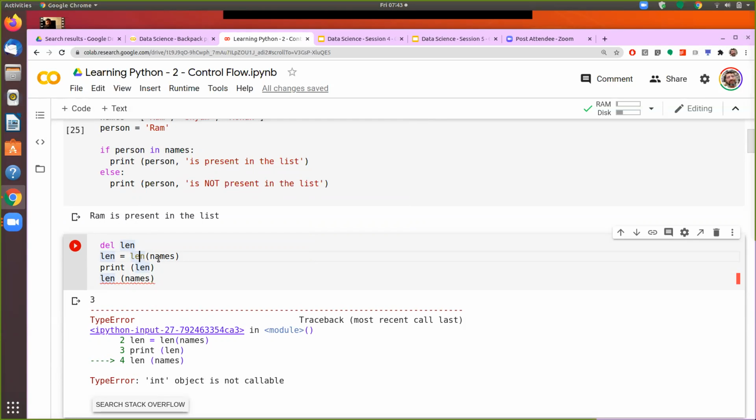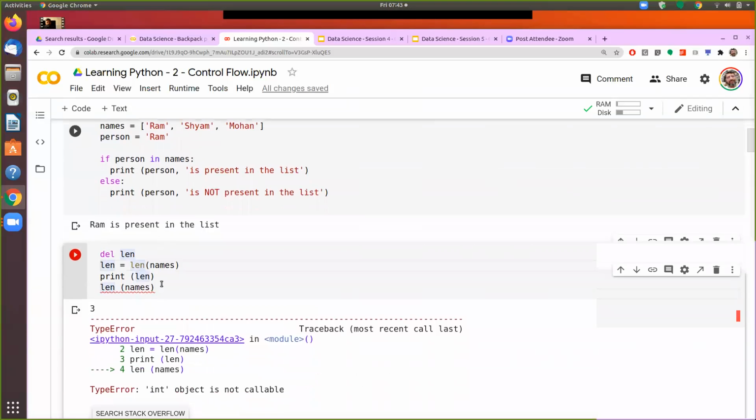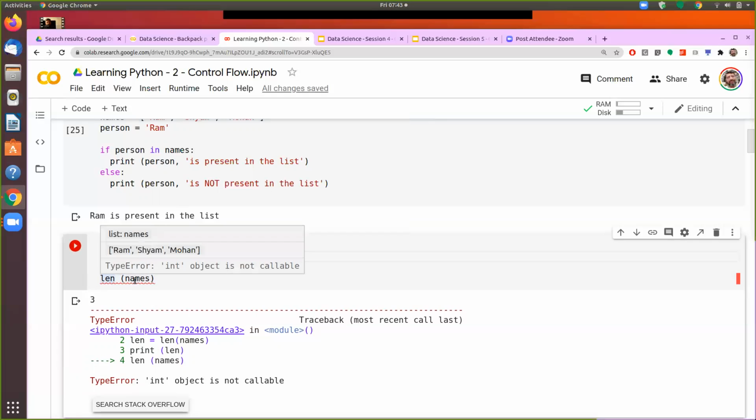Then I call the same command. Now it is not able to give me the length of the list here. So the same command I'm using here, and it's not working. It is throwing an error because this len has now become a variable. This is the problem that we are encountering here.